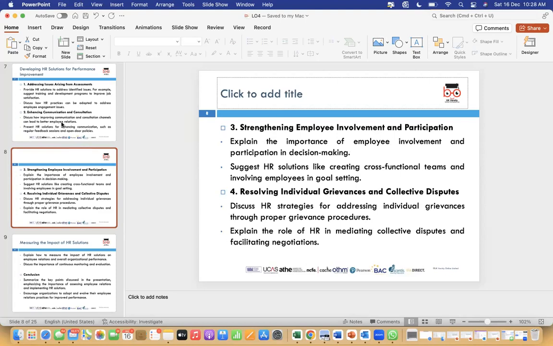Then strengthening employee involvement and participation: how your associates can be more engaged in the organization. You can come up with different ways to do that. You might have monthly catch-ups or monthly fun activities that you can do with them, which will get them more engaged and involved within their team. And in the long run, that'll also help with more participation in decision making, because